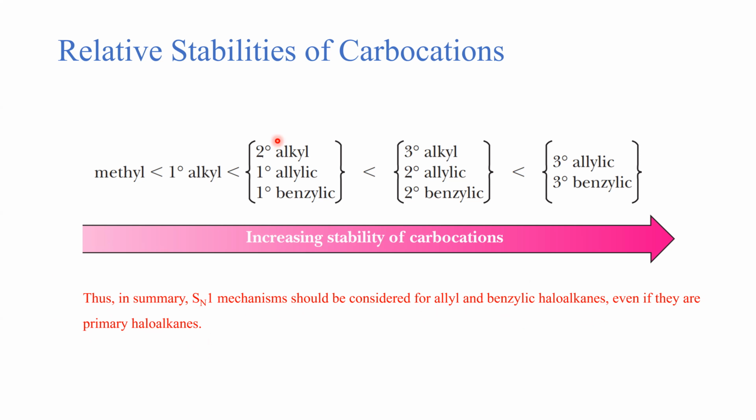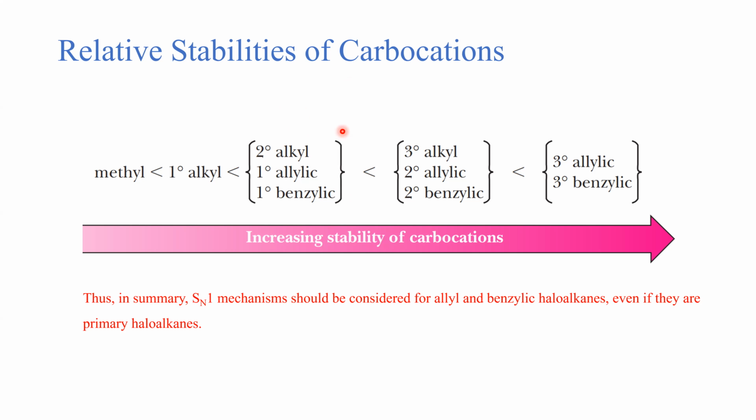Because the primary haloalkanes, if they are allylic and benzylic, are comparable to the secondary alkyl carbocation. And we know that secondary haloalkanes are in between, where they can switch to SN1 or SN2